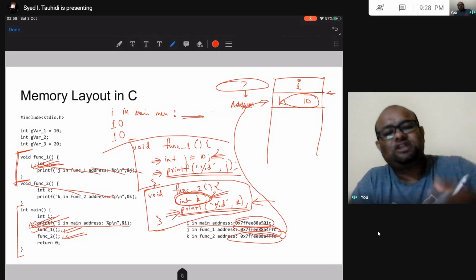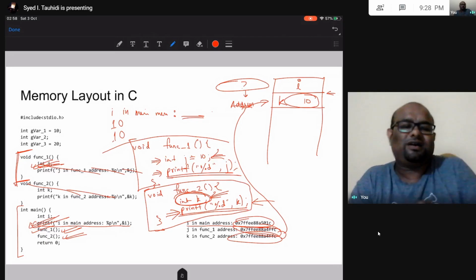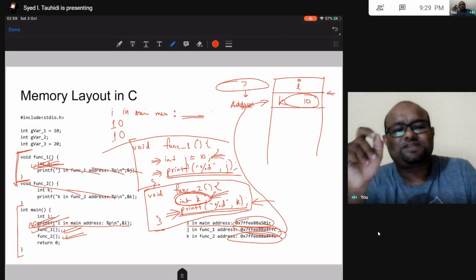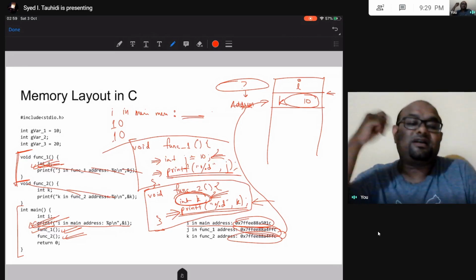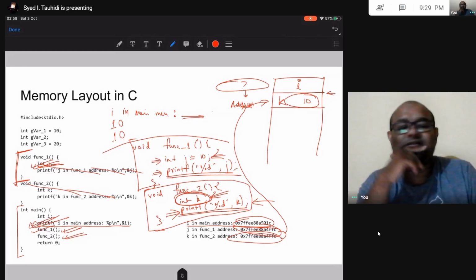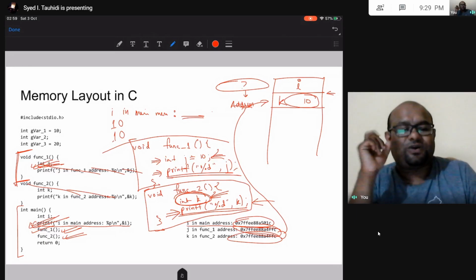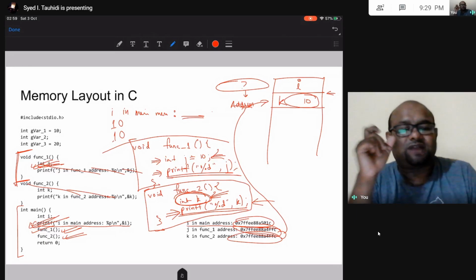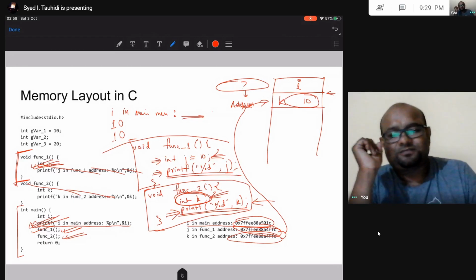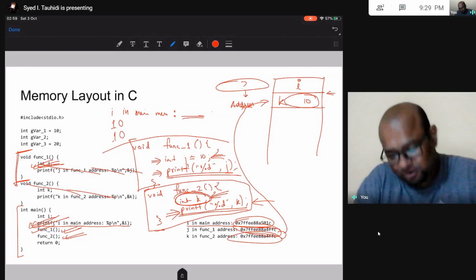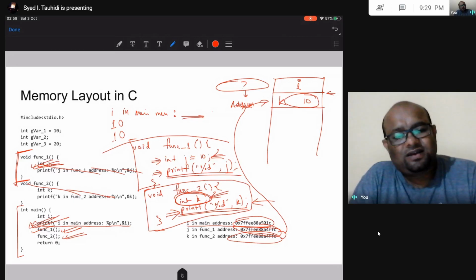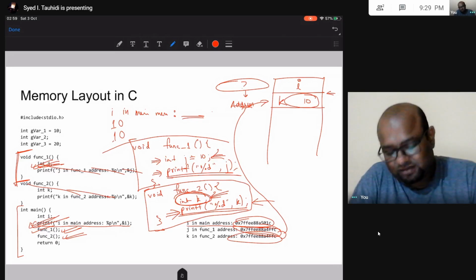But because of how this function ran and where this k is allocated space in memory and what was there before, k was allocated this memory, so I can make a prediction of what is going to be printed. Although it is a garbage value, I know what that garbage value is going to be. Alright, so yeah, this is what I have. I hope this makes sense. If it makes sense to you, then you know a great deal about how the stack in a C program works, right? Okay.